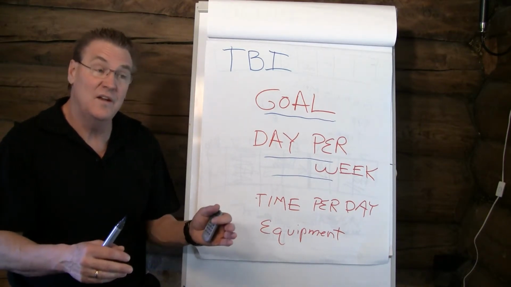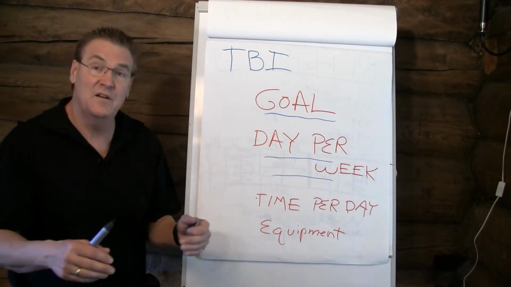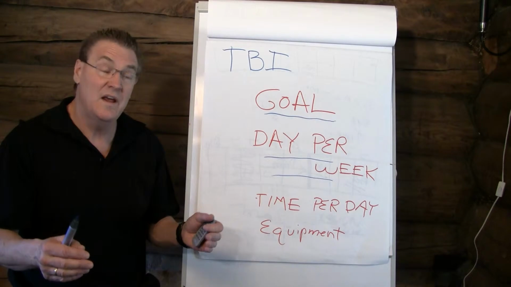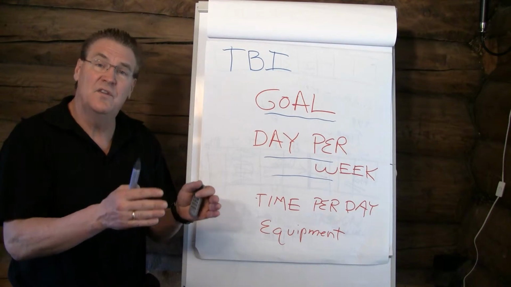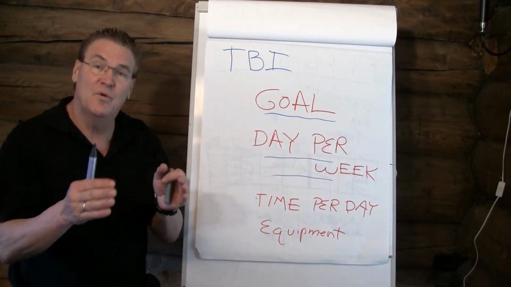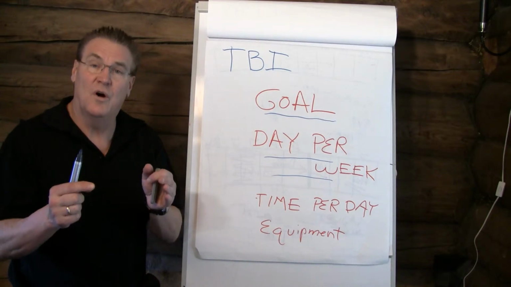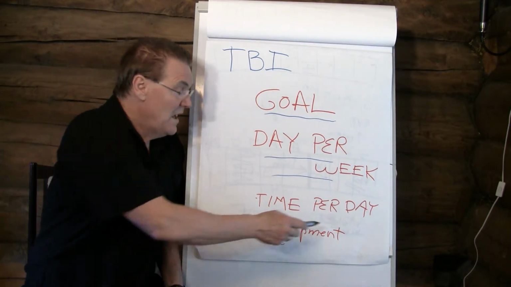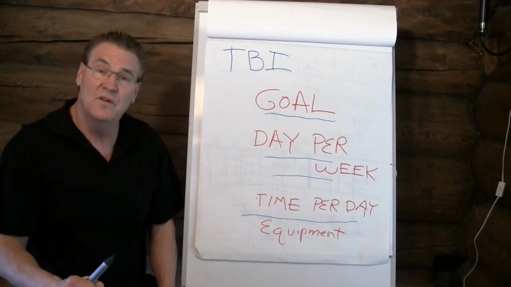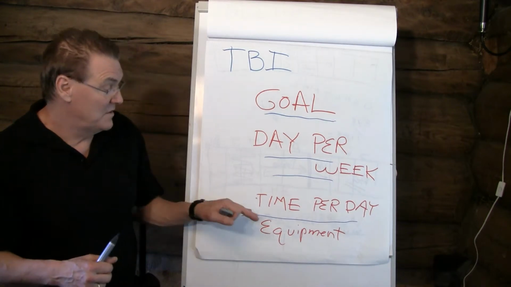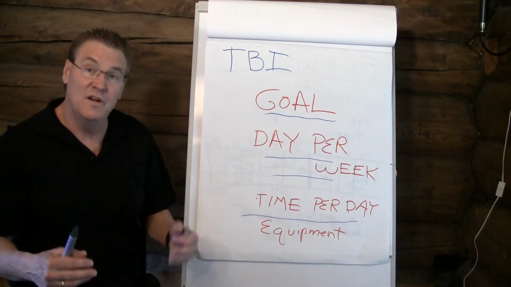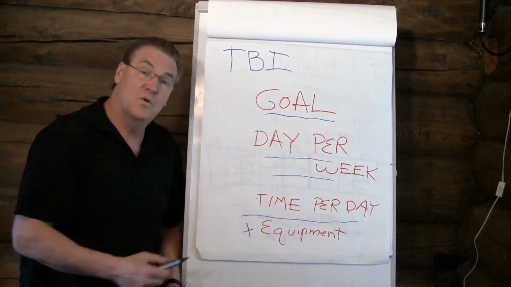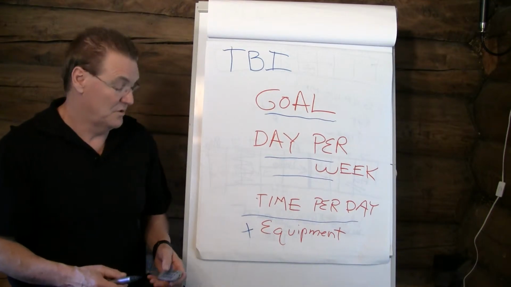Because again, in the old days, or in a college, an athlete might have all day long. In modern days today, somebody might want to get in the best shape possible 2 days a week. It's not up to us to decide what those goals are. It's to design programs around those goals so our people can get great results. And then the other thing you have to do is ask how much time per day do we have? Because again, it's every individual's concept. And then of course, what equipment is available for us during our training period.